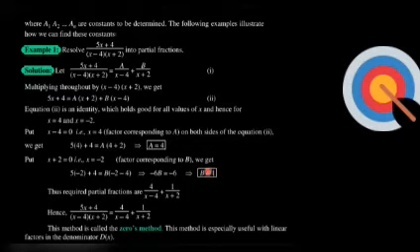So put the values of a and b in equation number 1 to get the required partial fractions. Therefore 5x plus 4 over x minus 4 into x plus 2 is equal to 4 over x minus 4 plus 1 over x plus 2. This type of method is called zeros method. It is especially useful with linear factors in the denominator.